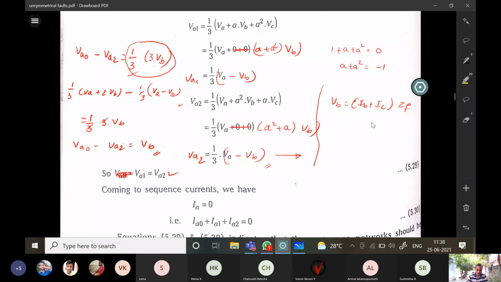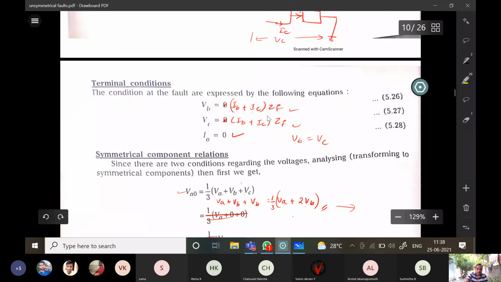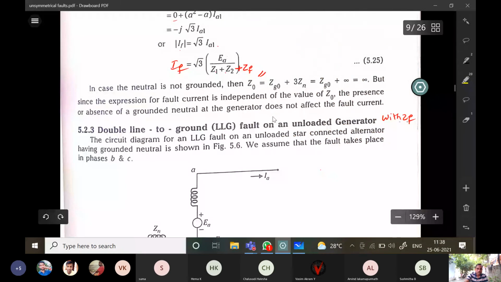So this can be written as IB plus IC is equal to what? IB plus IC, that can be written as